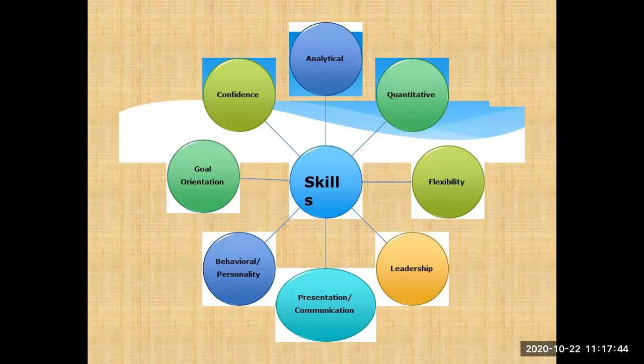Now, what are the skills that are analyzed under the case study? These are the skill sets which are analyzed. Firstly, your analytical skill. Many of us know this, as you passed your MCA CAT while getting enrolled for the MCA.